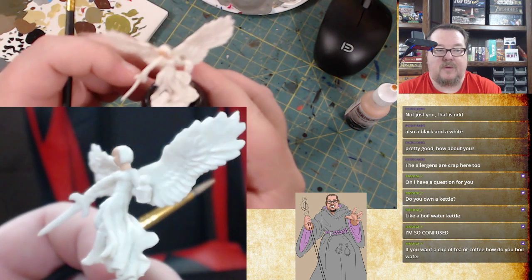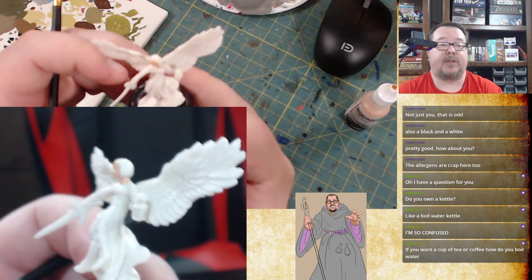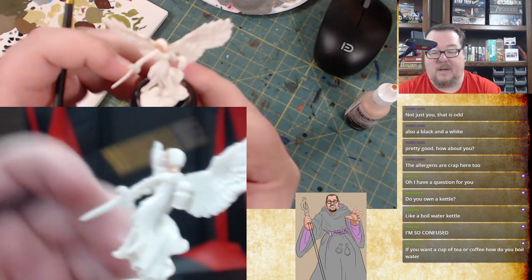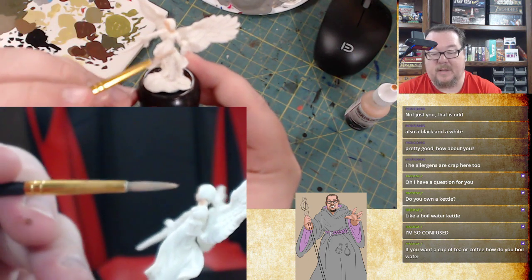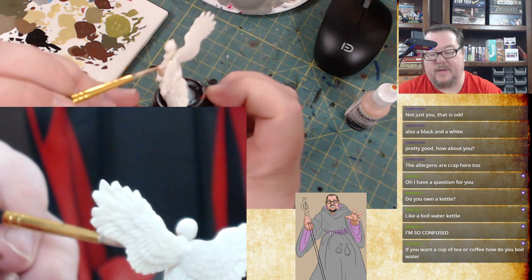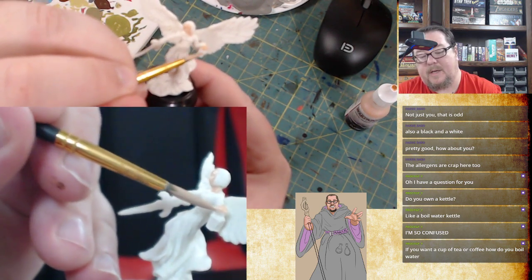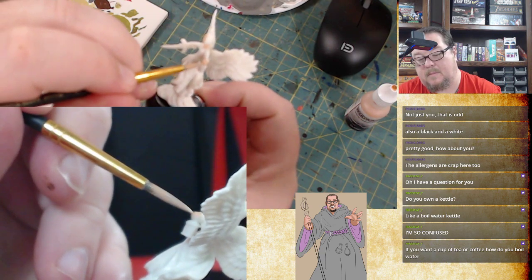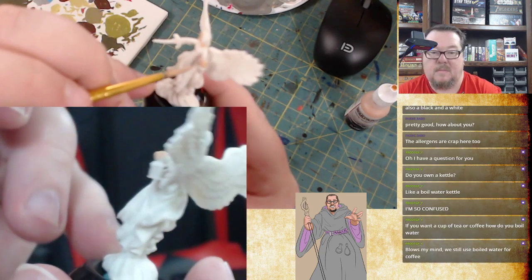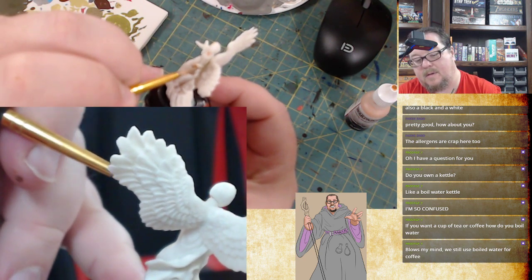Well, we use a Keurig, and we don't drink much tea, so if we want tea, we just get the pods and use a Keurig. But it's mostly coffee, and I'm the only one that drinks it, so I just do that. Still use boiled water for coffee. Yeah, I mean,